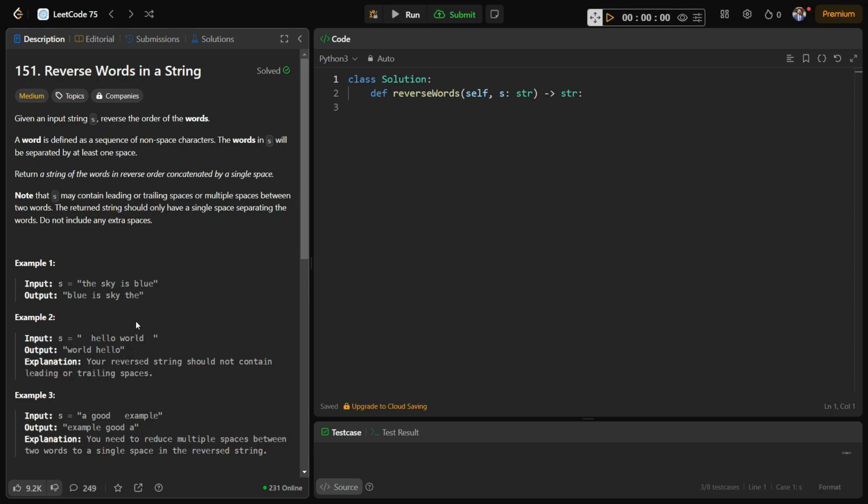Let's begin with the sixth question. Question 151. Reverse words in a string. And the level of the problem is medium. I will request you to read the question beforehand as I will deep dive into the PPT and explain it